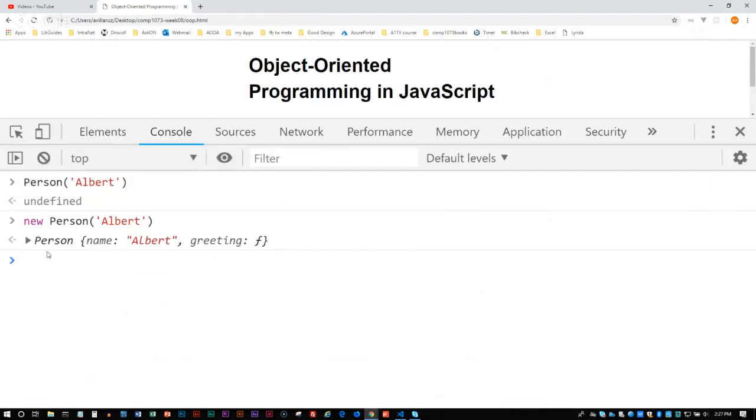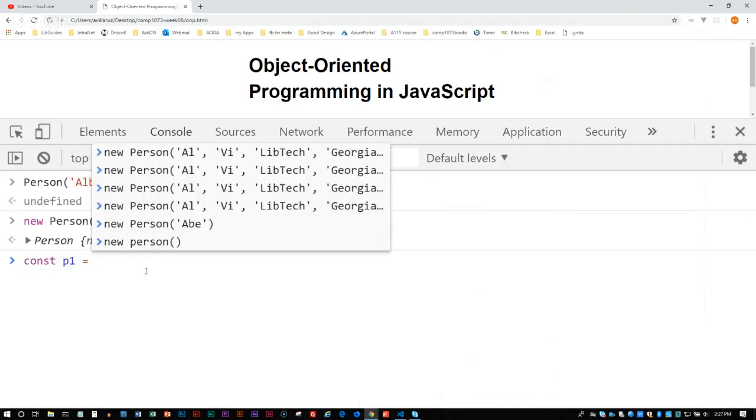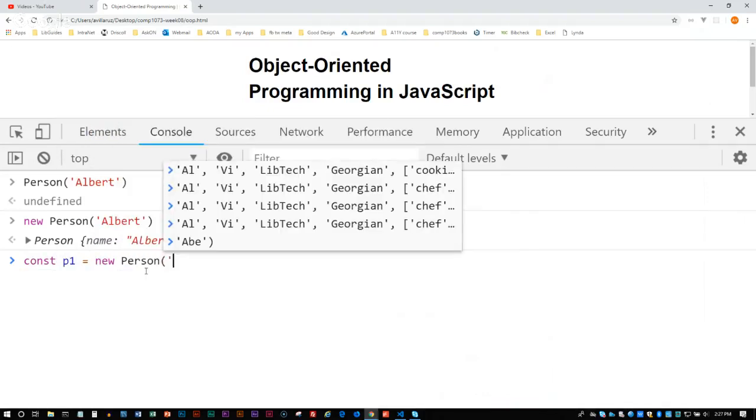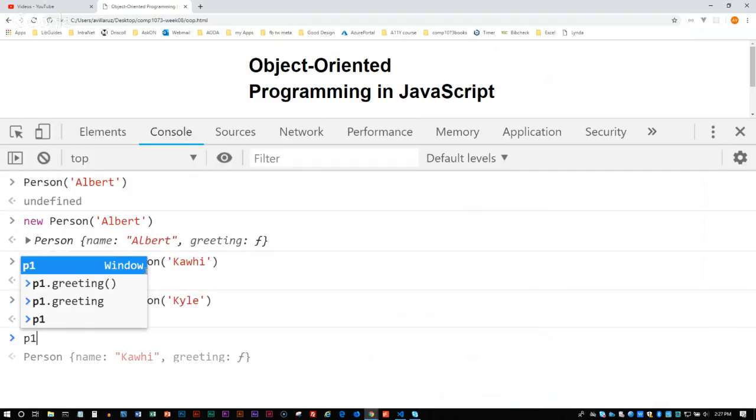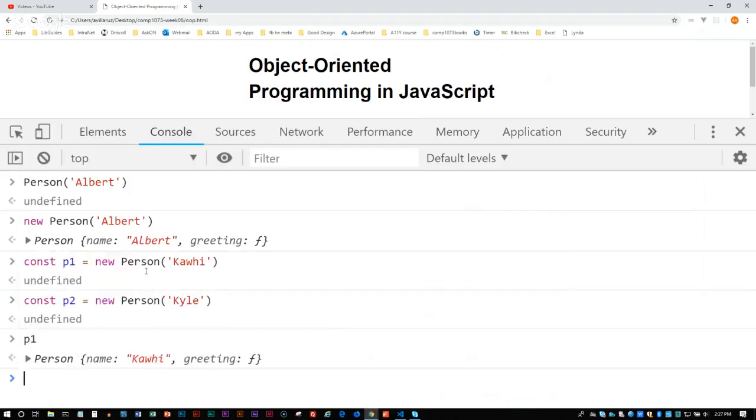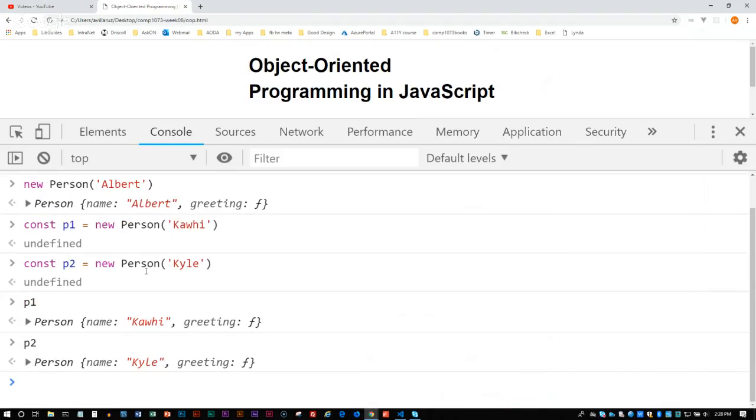Okay, so now that I have this, how do I properly use this new person? Easy. You just assign it to a normal variable. So if I said const p1 equals, I can now say person, y, and then I can say p2 equals new person. So if I say p1, it's now kawaii. If I say p2, it's now that. If I say p1.greeting,